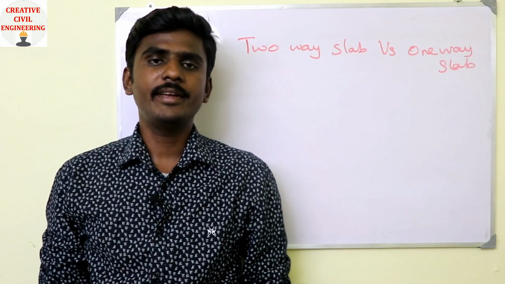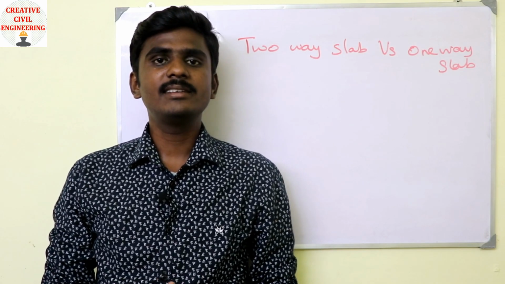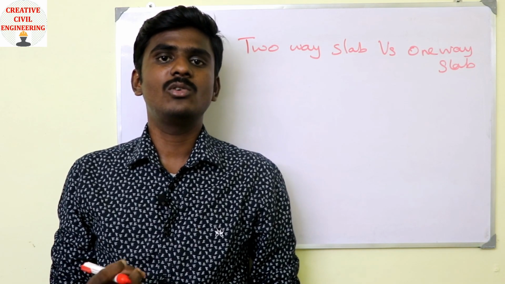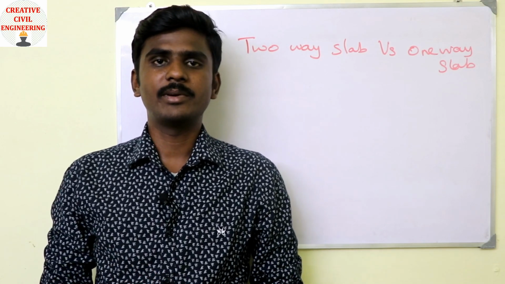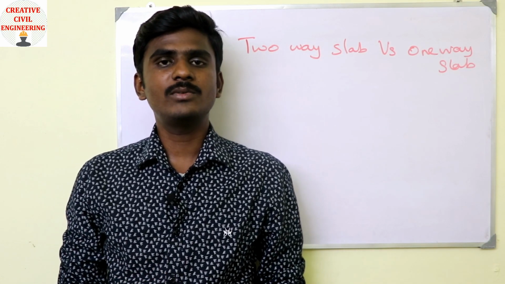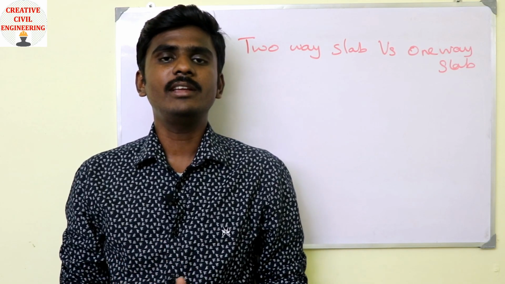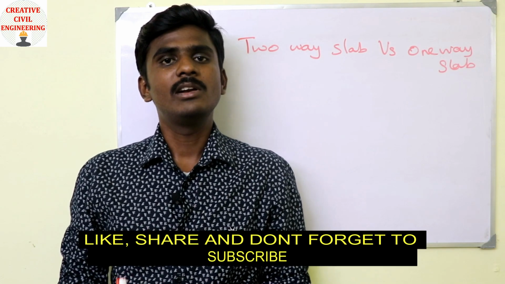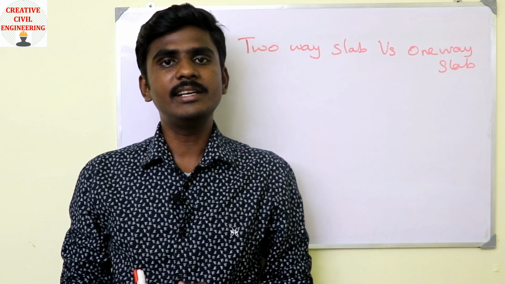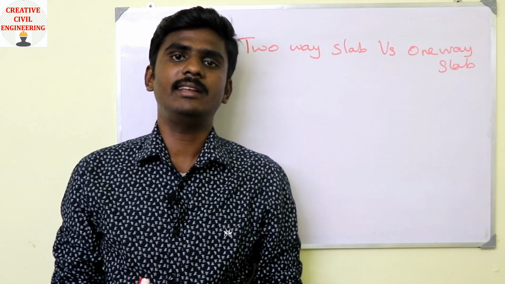Okay. Before going into the topic, first we have to know what is meant by slab. Slab is a horizontal component which takes the load first, instantly, and transfers the load to the next member, that is the beam. The beam transfers the load to the column, the column transfers the load to the footing, and finally the footing distributes the load on the soil itself. So load takes place initially on the slab only. So we have to know about the slab in a detailed manner.